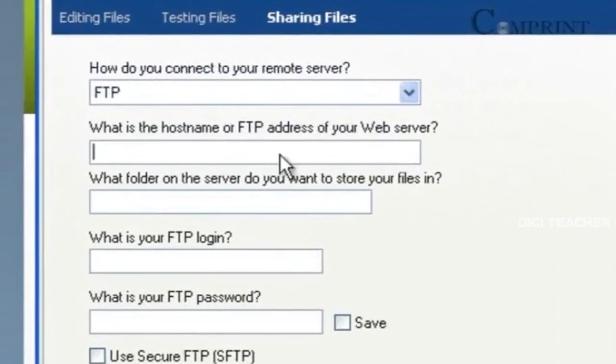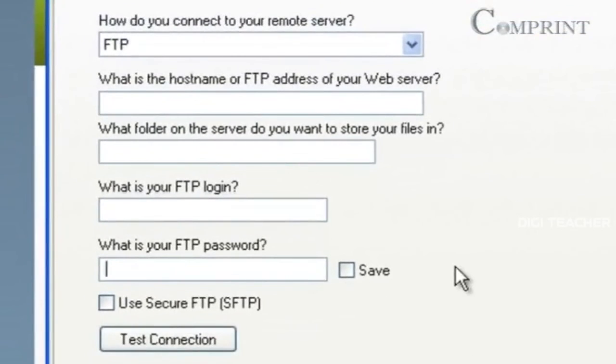That is the host name or FTP address. Then the name of the folder on the server where our files are going to be stored. Enter the login ID and password. After entering all the data, we can set a connection between the local machine and the remote server.